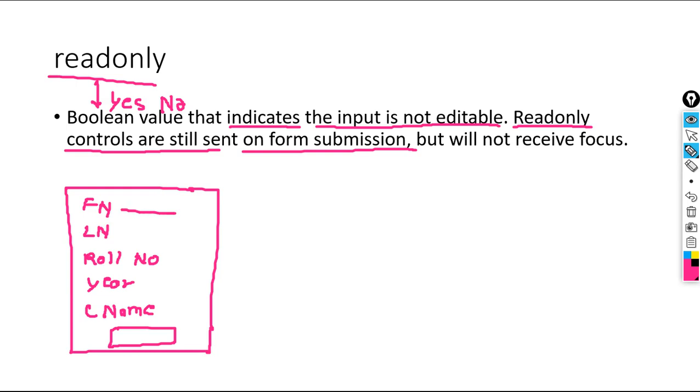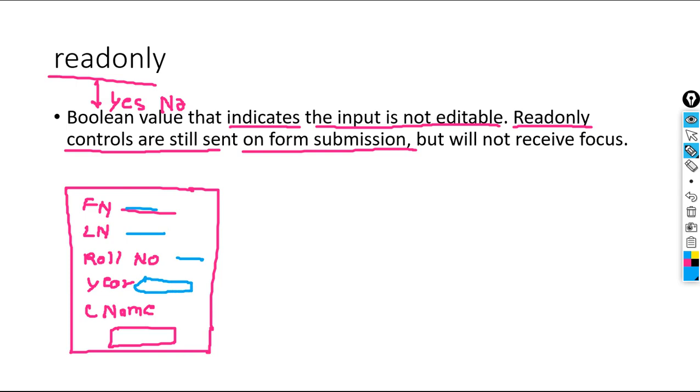So first name will be different, last name will be different from user to user, roll number will be unique, year may change: first year, second year, third year, correct? So here we can specify a drop down list.